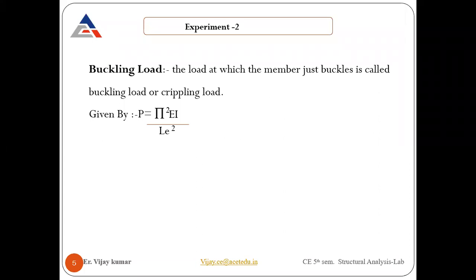So basically, a column is considered to be a member whose length or height is more than its other two dimensions. So that's why this is considered to be the column part. Fine. Medium and short column and long column. Before going to the long column or beam, there is the slenderness ratio part that we have already seen.